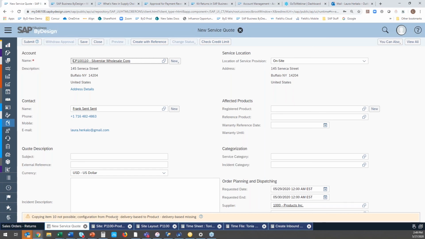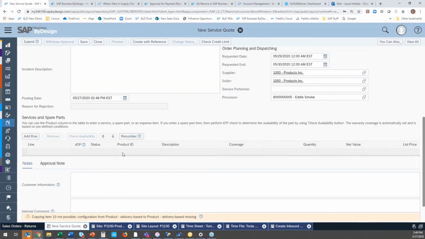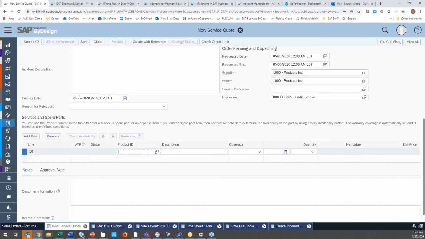That's because, when you're doing a return of a normal item, the norm item type that goes through standard sales order processing doesn't copy over to the logistics area or to the service order. So you'll always get that warning, because on the service side, you're basically saying, I'm not putting that part back in here. I have to start entering what my bill of material is for the service. So we can just start to enter the service